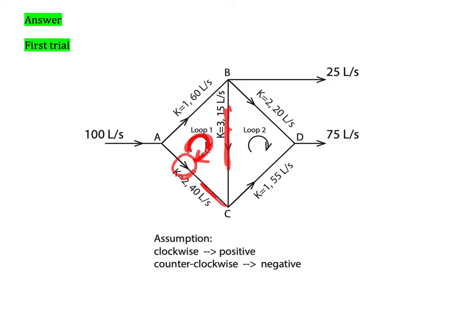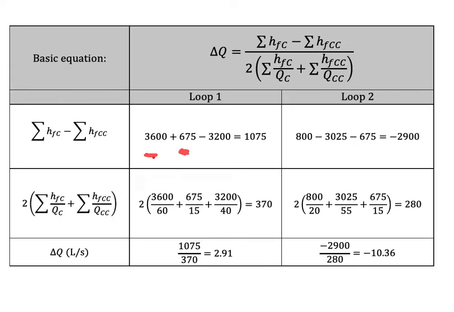So that means it carries the negative sign. Okay, so this is what we mean by this one. And then if we add everything, we have 1,075. Okay, and then for the lower terms here,